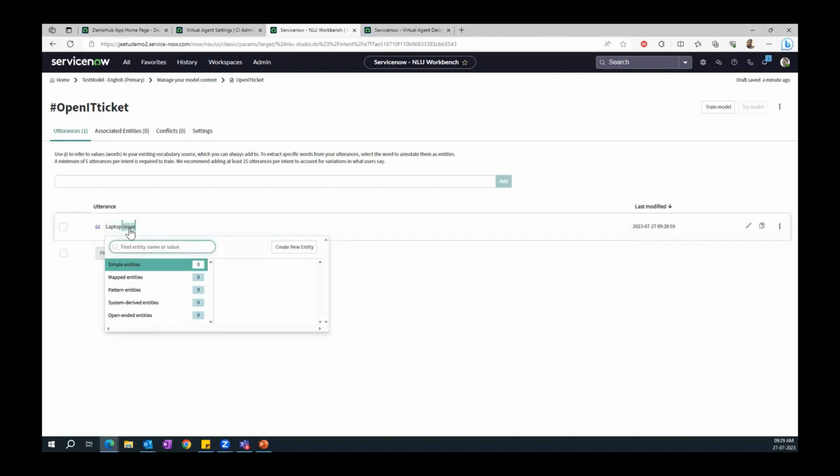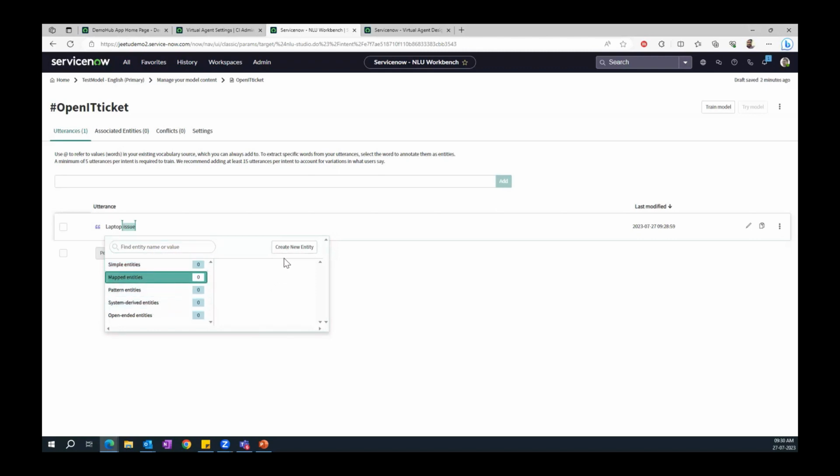Similarly, there is a concept called entity, as I mentioned earlier. Entity is nothing but giving context to the conversation, setting up the action. So we can define the entities here. We can create new entities. These are the different types of entities that you can choose.